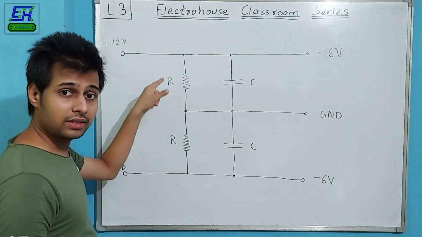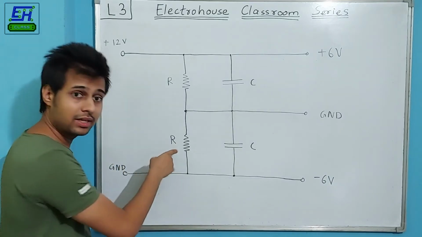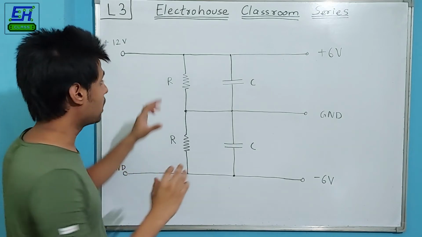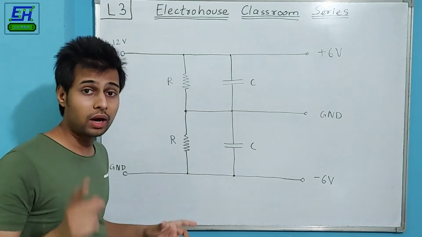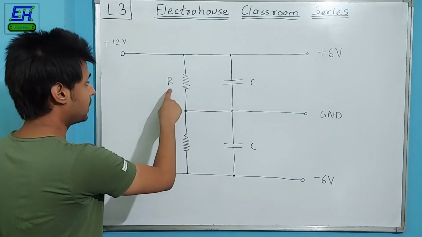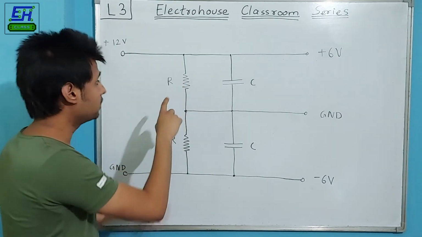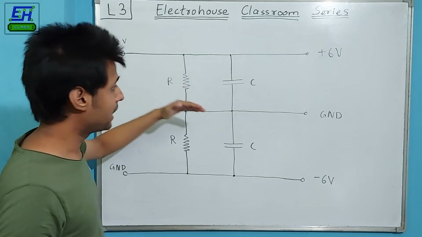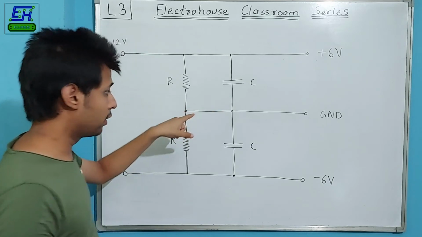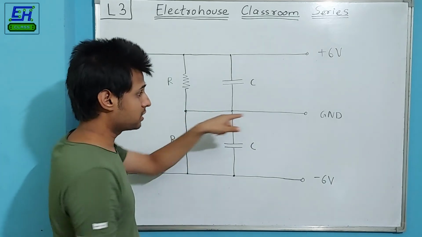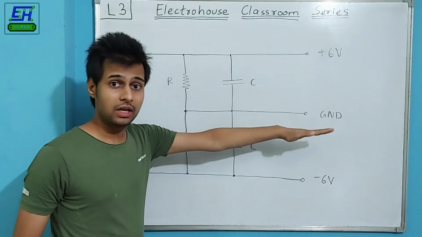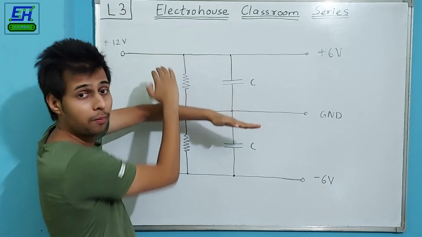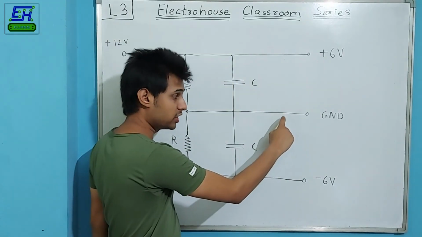So this upper resistor is carrying lower current while the lower resistor is carrying higher current. And definitely when the current changes, the voltage across the resistors also changes, because V = IR. So here you can see if the amount of current is reducing, then the voltage drop across it will reduce, and then this equilibrium point, this center point, which is also considered to be our ground or reference, its voltage will actually shift towards the positive side, or the positive rail side, or the positive supply side,